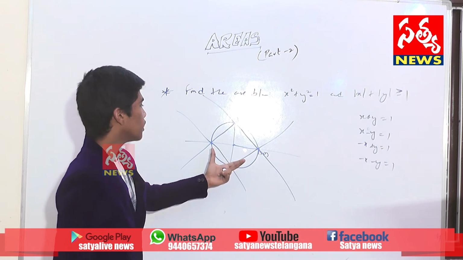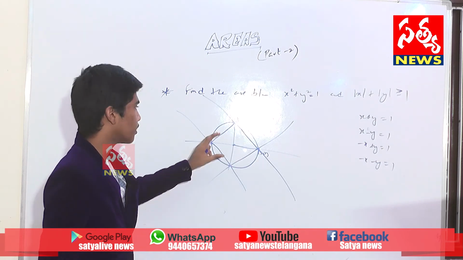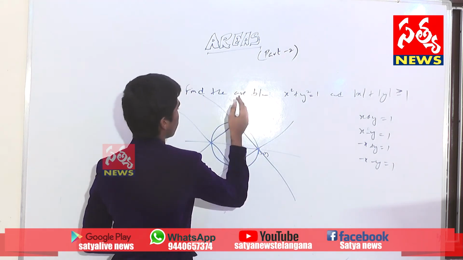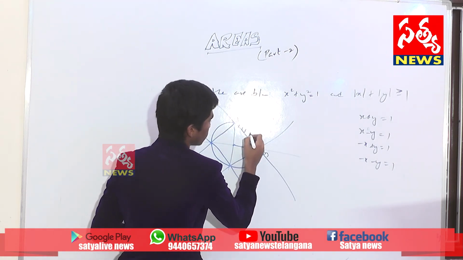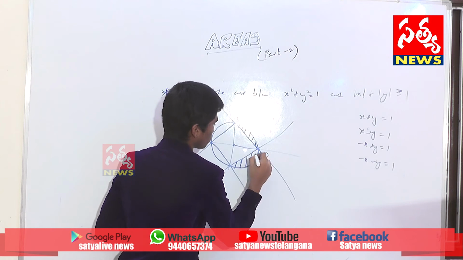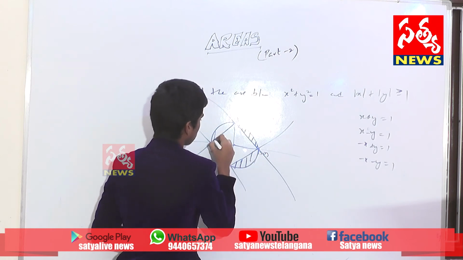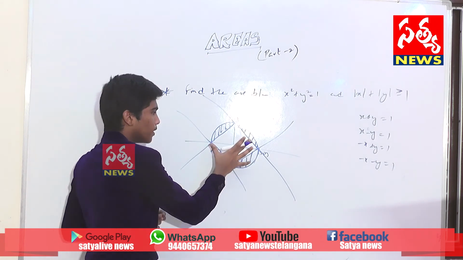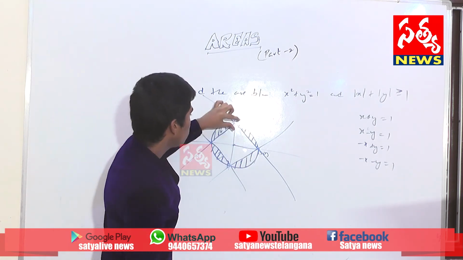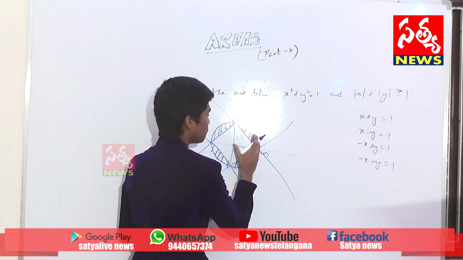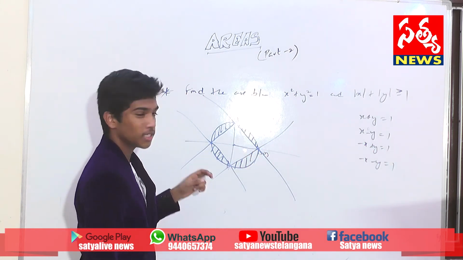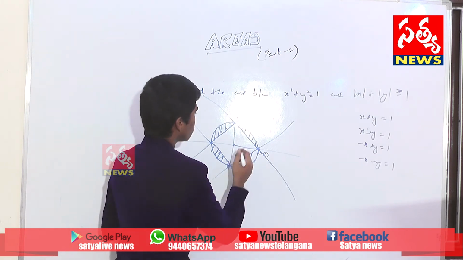See here, you can see that there is a square formed in the circle, and they asked you to find the area. This is the area they asked you to find. See here, these all are symmetric. And if you find this part and multiply it by 4, we get the final answer. This is an easy trick.